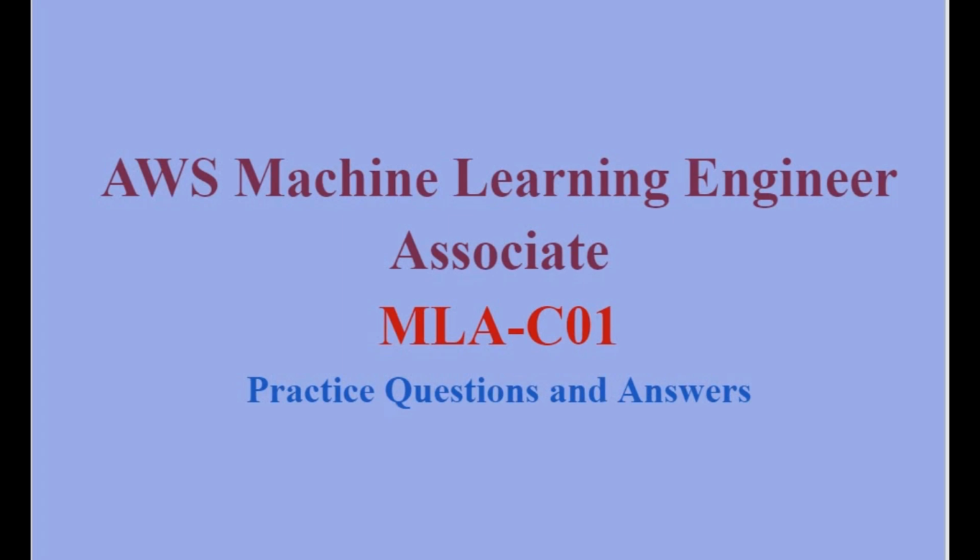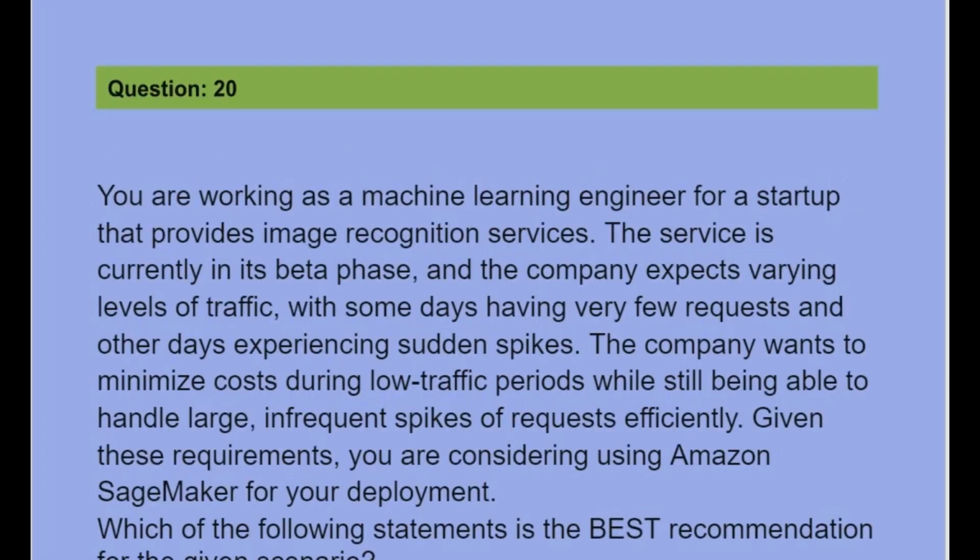Hello everyone. Question is, you are working as a machine learning engineer for a startup that provides image recognition services. The service is currently in its beta phase and the company expects varying levels of traffic, with some days having very few requests and other days experiencing sudden spikes. The company wants to minimize costs during low traffic periods while still being able to handle large infrequent spikes of requests efficiently. Given these requirements, you are considering using Amazon SageMaker